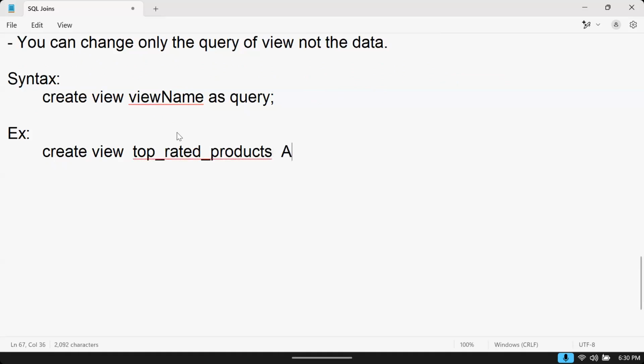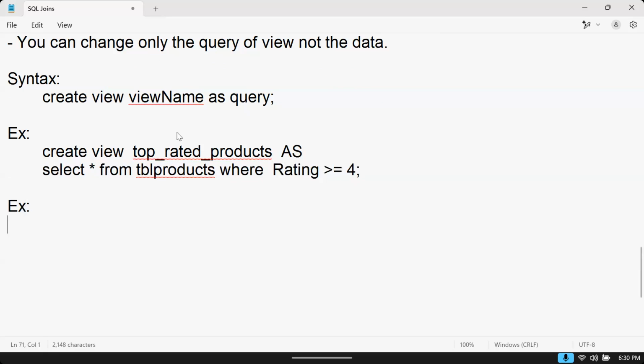So as what? The query: select star from TBL products, where rating is greater than or equal to 4. Another example,